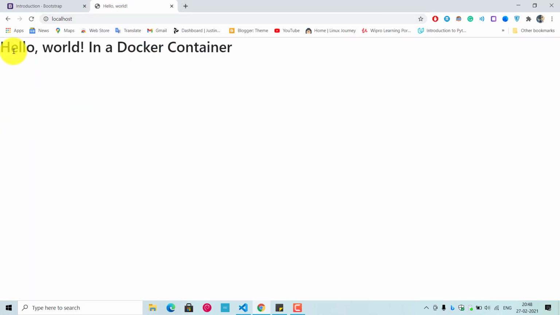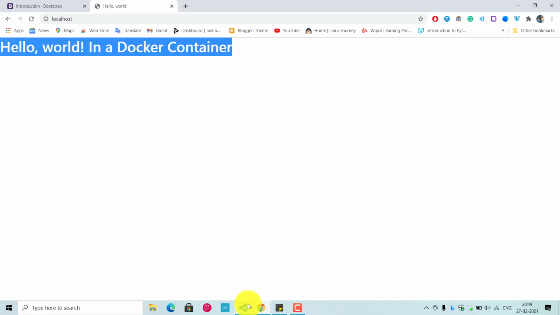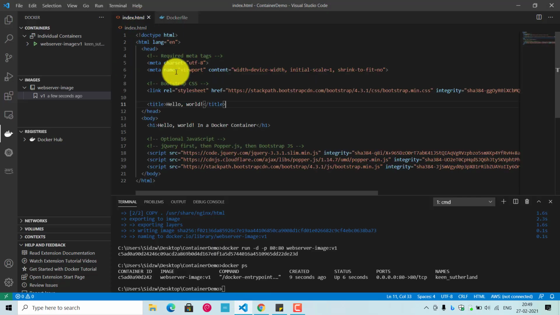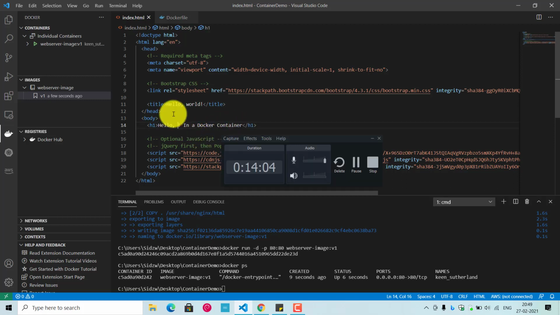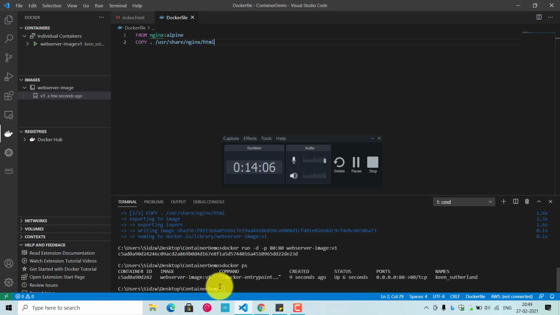As you can see, the template code which you have created has been hosted. Now if you go to index.html, you can post a simple HTML code in a Docker container, and you can then share this container ID with your colleagues so that they can also spin up a container from that Docker image, and they can also see your code that you have worked on.